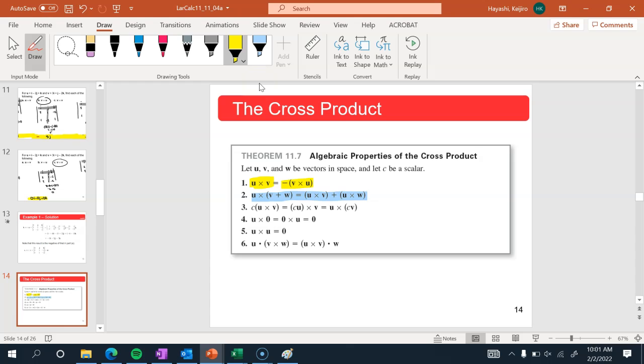If you have a constant times a cross product, it's the same as if the constant were multiplied by one vector, or if the constant were multiplied by the other vector. It doesn't matter where you put the constant, in front of the cross product, in front of one of the vectors, in front of the other vector, it's all going to be the same. A vector crossed with the zero vector is 0. A vector crossed with itself is 0. And